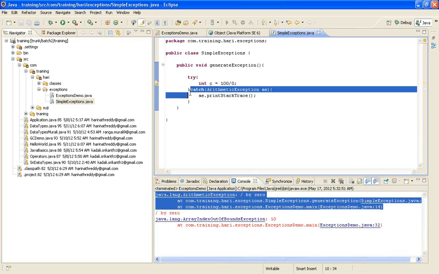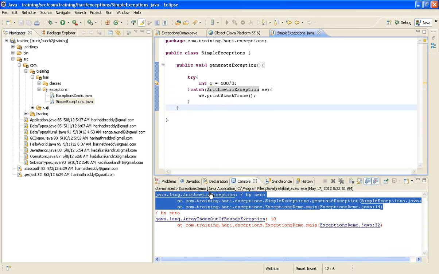Now because I'm doing a try catch, and in the catch I'm printing this complete line, exception stack trace. Stack trace means complete flow of exceptions. Who called this method and what line this exception has happened at which class. So the complete flow is available in the stack trace. And when you do exception dot print stack trace, meaning exception object dot print stack trace, then it will print